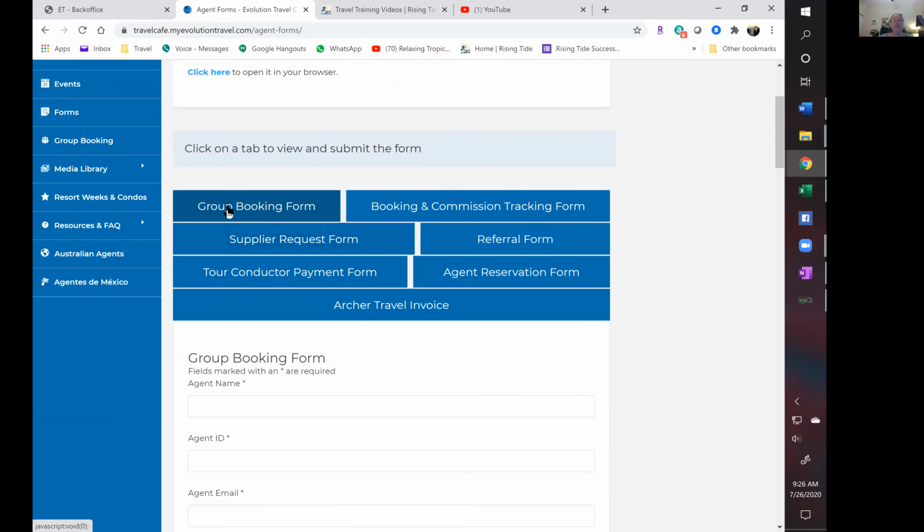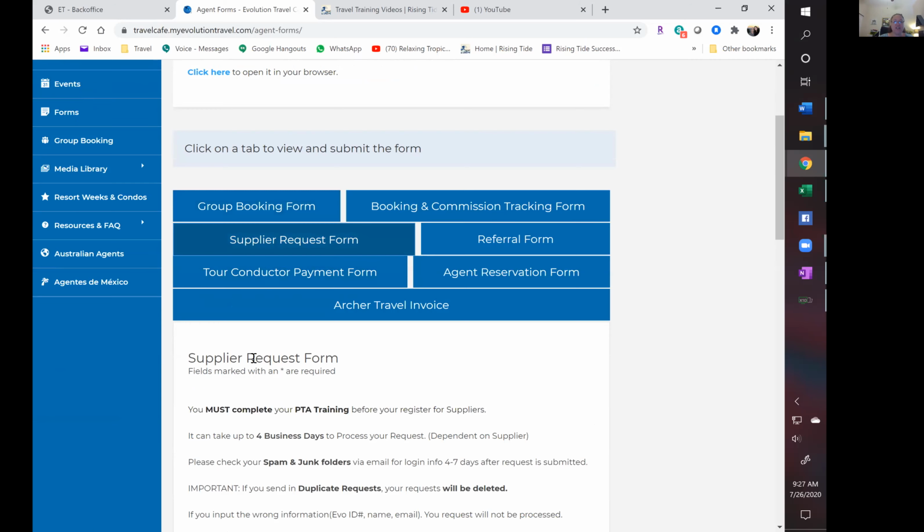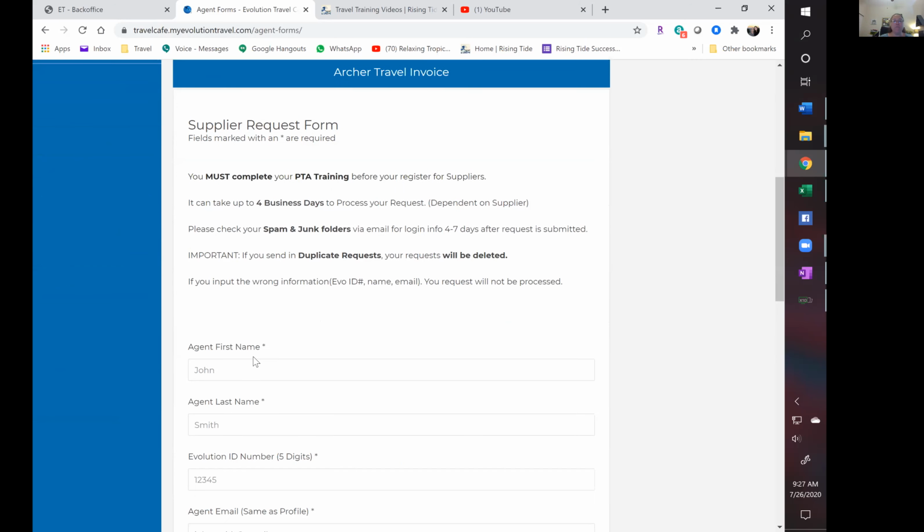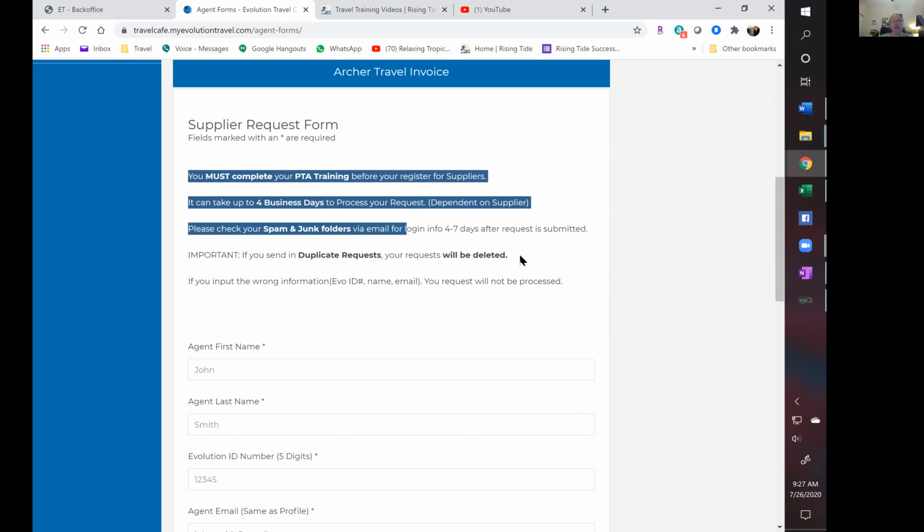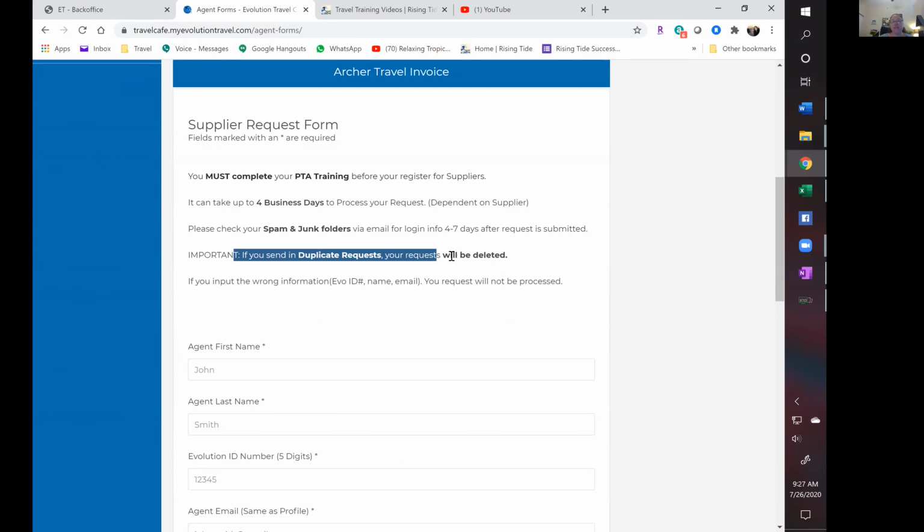So you'll notice that right now it is highlighted on the group booking form. That is the form that is populated below. I'm going to click on the supplier request form. Notice it did change over to the supplier request form below. It has some important information, guys, and a big one, guys, if you send duplicate requests, they will be deleted. So please make note of the ones that you've submitted so that you aren't sending duplicate requests and slowing down